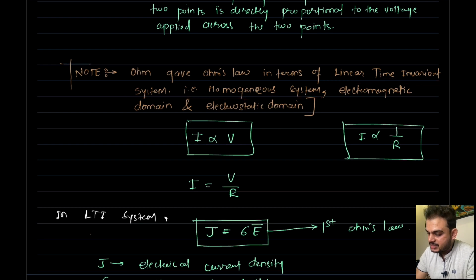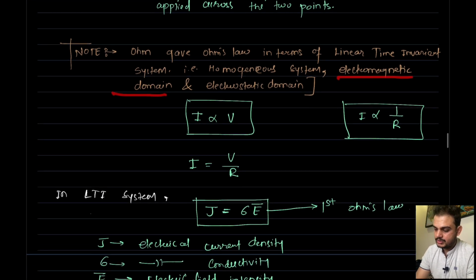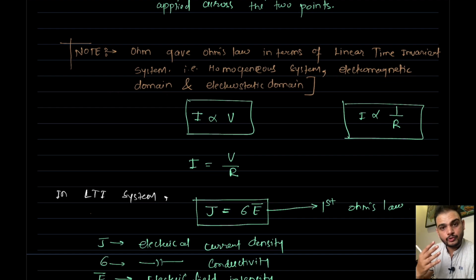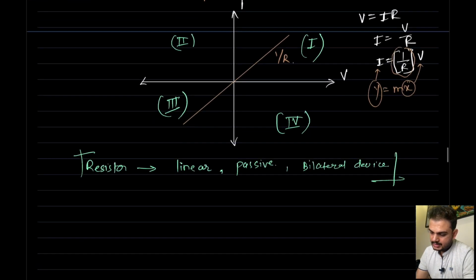And now the second system is what? The electromagnetic domain, or electromagnetic system. Okay, here we will come across the third and fourth Ohm's law. Give the heading as